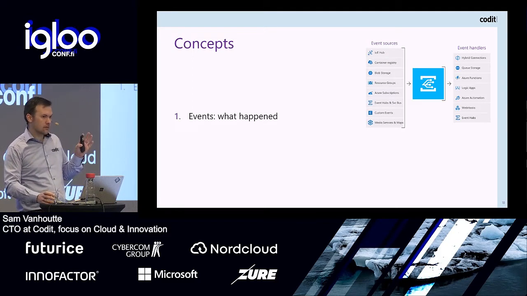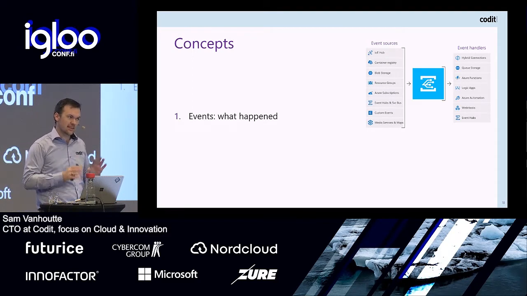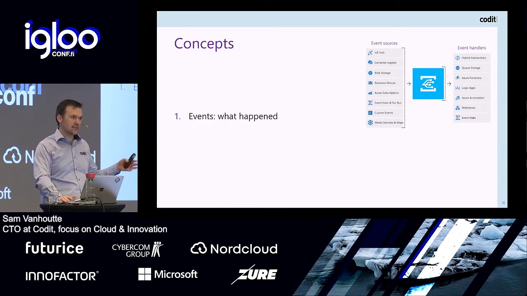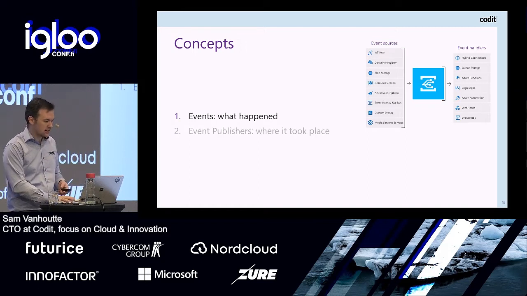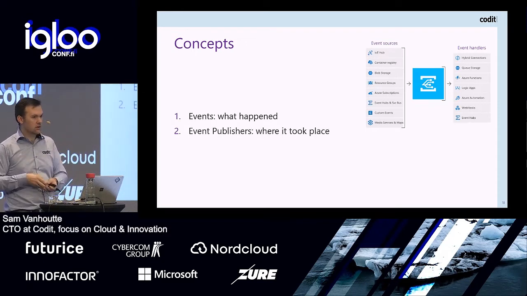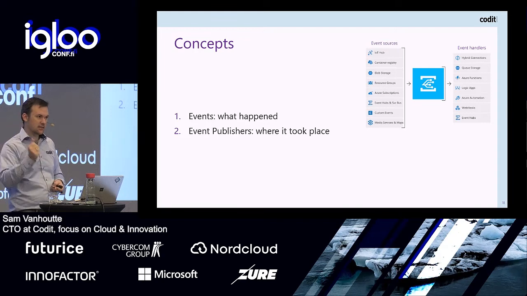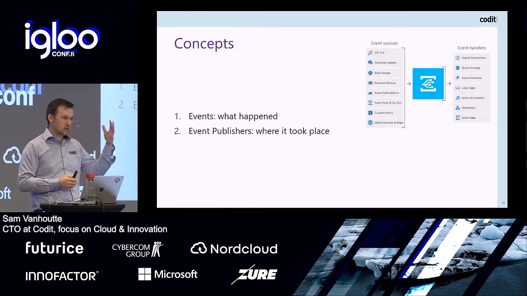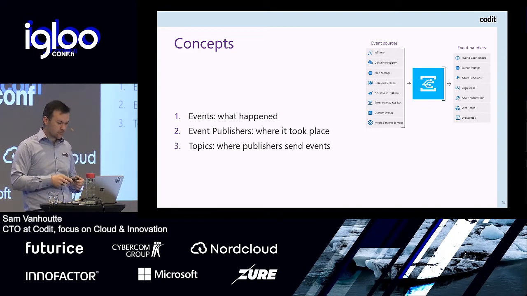So 5 concepts are important to understand, and they are quite easy if you're familiar with events as a whole. So events is what has happened with a declaration of things inside. You have the publisher, which is spitting out these events. He's raising that. So that publisher can be something, a standard Microsoft service, or your own application. And I'll show that afterwards.